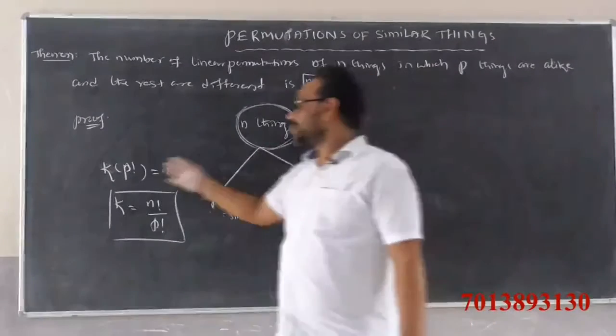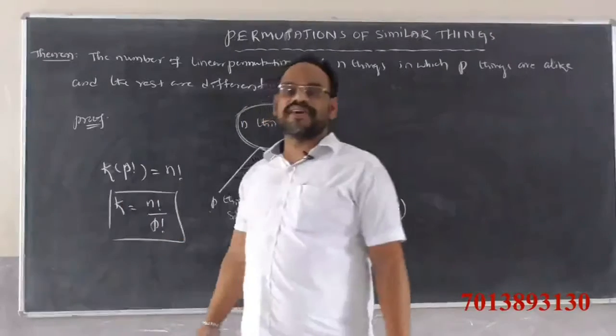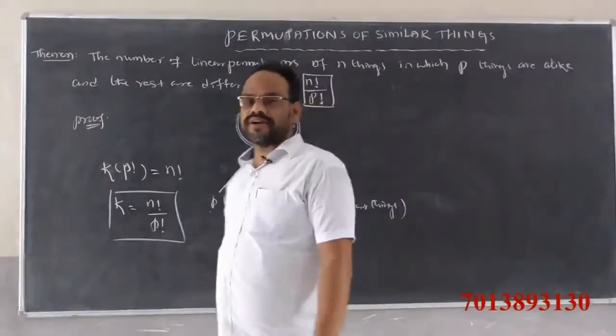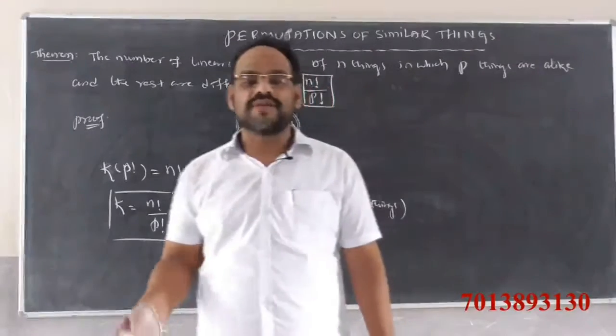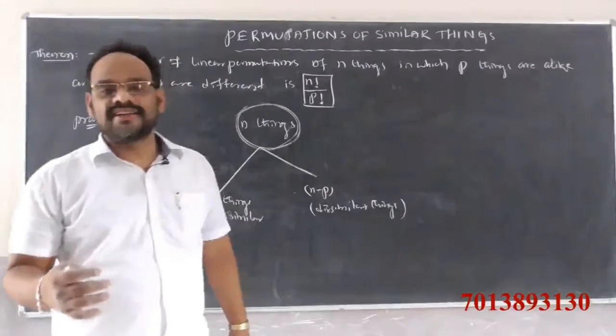N factorial. So k times p factorial is equal to n factorial. We want the value of k. So k is equal to n factorial by p factorial. We can extend this result for